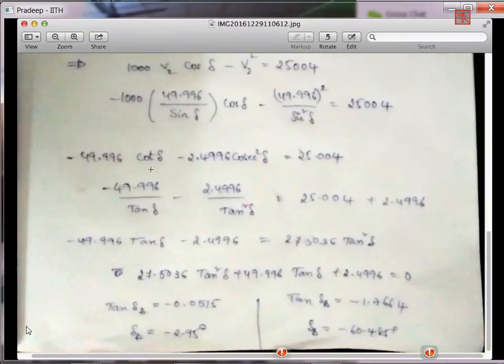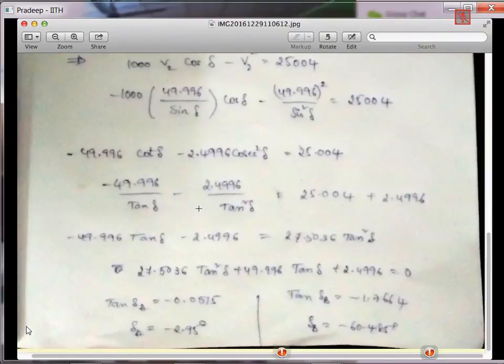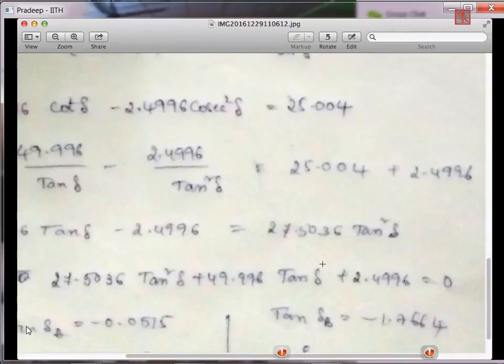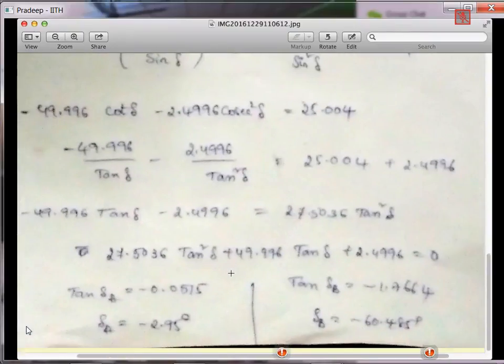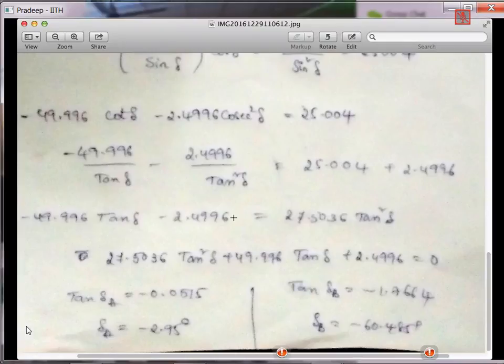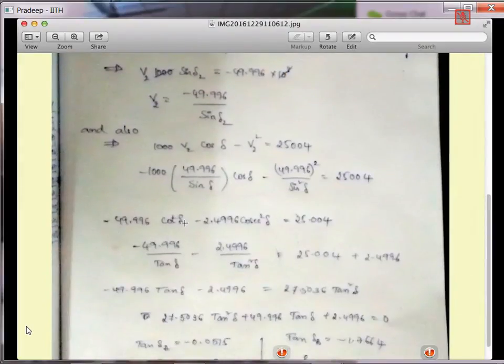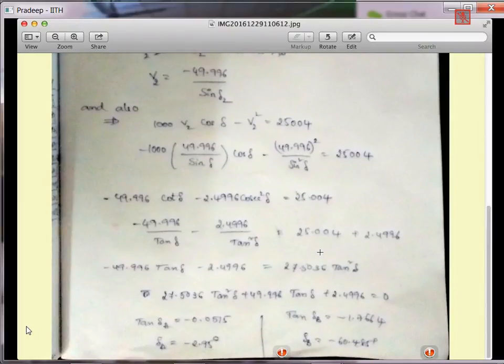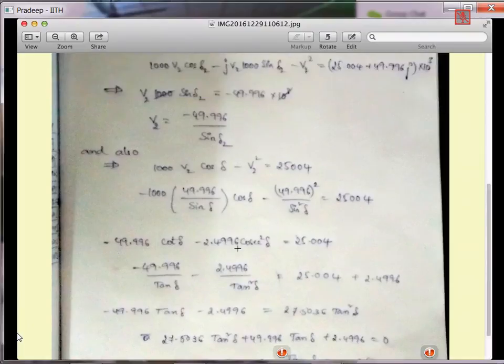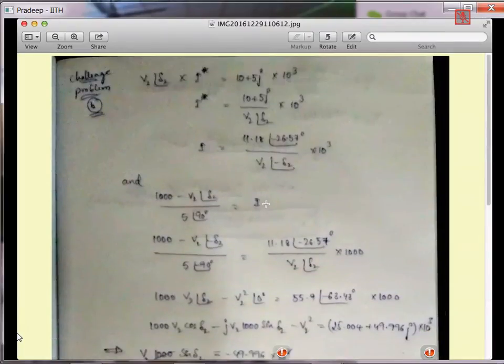Then cot square, cosecant square, tan square, all these things come into the picture. I hope you are able to see it on your screen. This is the answer submitted by JNTU KECV. Finally, what is the answer you are getting? This is a slightly difficult procedure because there is a lot of mathematics involved in it. There's an easy way to solve this, and that's what I'm going to explain. I'll include this also in the class notes so that you can refer to it.